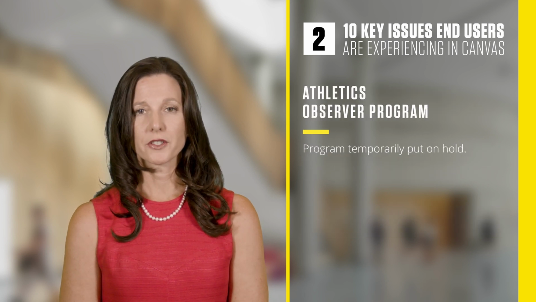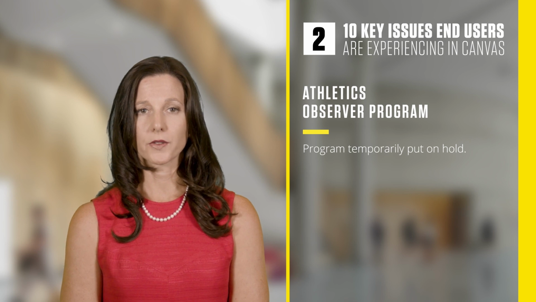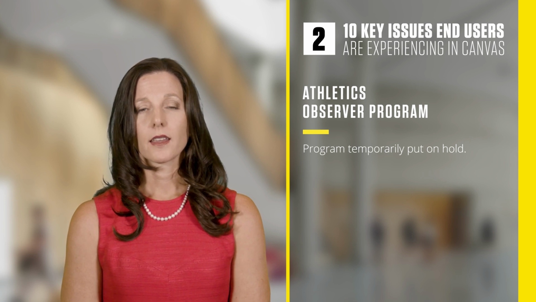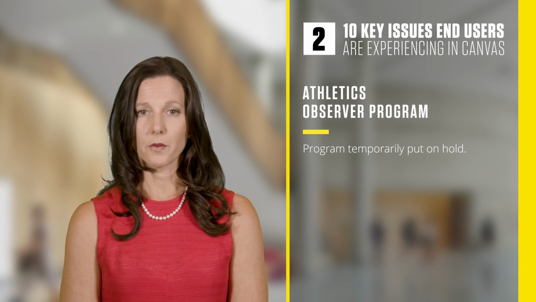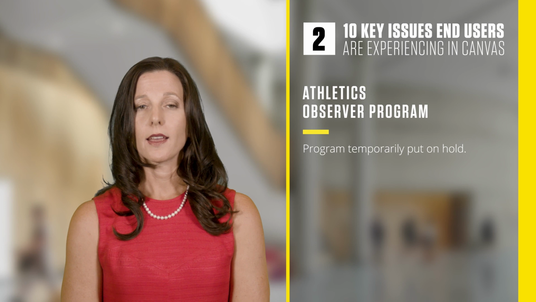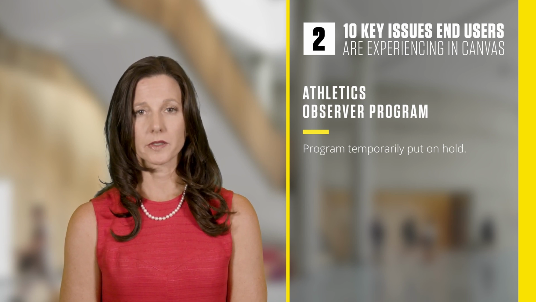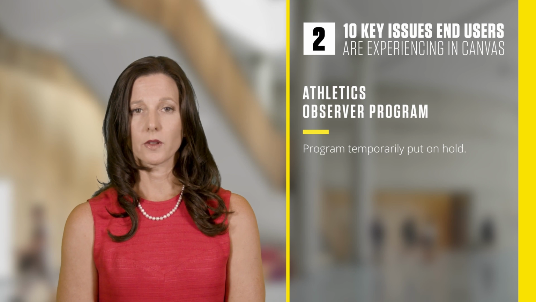Athletics requested to leverage Canvas as a tool used by peer institutions to track and monitor student athletes for eligibility requirements. Canvas has two functionalities associated with its observer role. The first is access to observe an individual, and the second is access to observe a course. The use case for athletics purposes was to observe at the individual level, linking a student athlete with an athletic